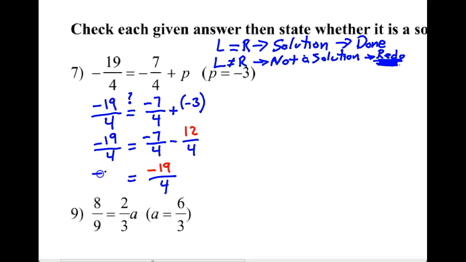And the last step is to actually show the same thing on both sides. This is called the identity. Or I think if you guys remember from geometry, that's reflexive. You have the same exact thing on both sides. So we could say here that negative 3 is a solution. And this is the answer. Solution, not a solution.